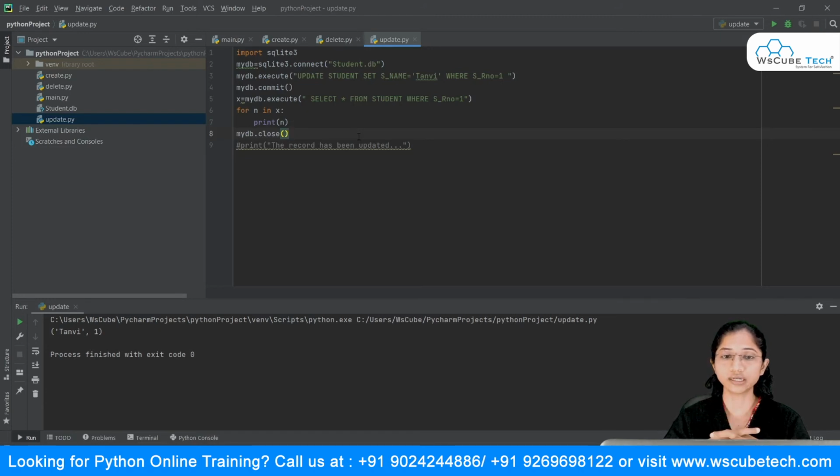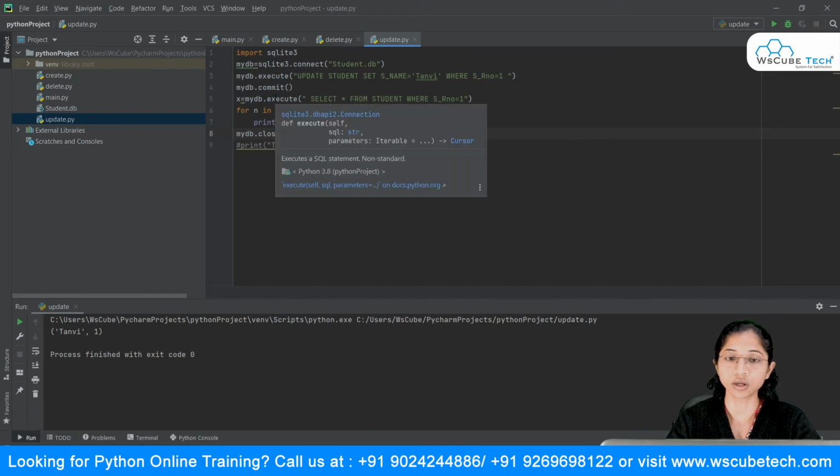We wanted to connect our Python programs with a database, and the database that we are making use of over here is SQLite 3. So in order to connect, first we imported this module. It is a module and you can simply import it. There is no need to download it because it is already present inside your library.